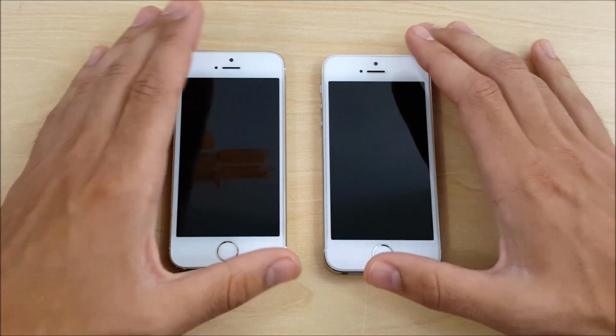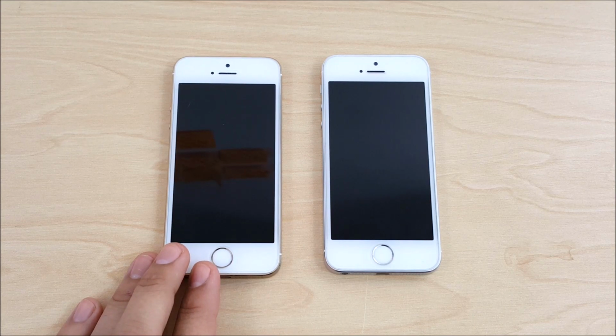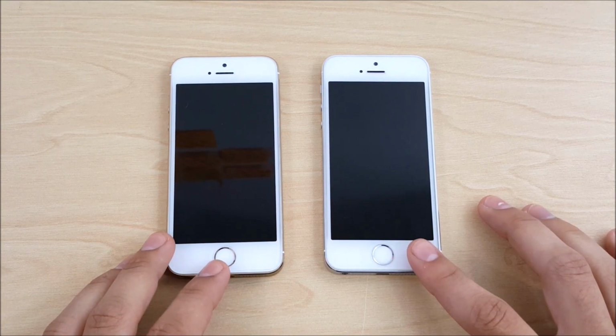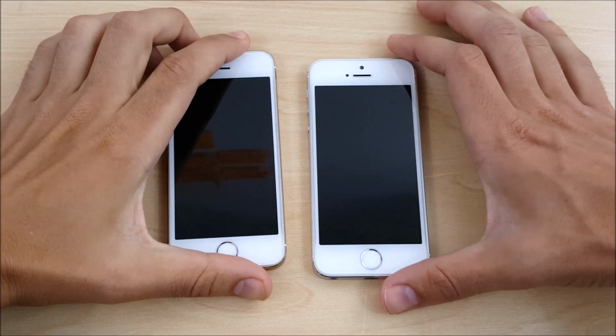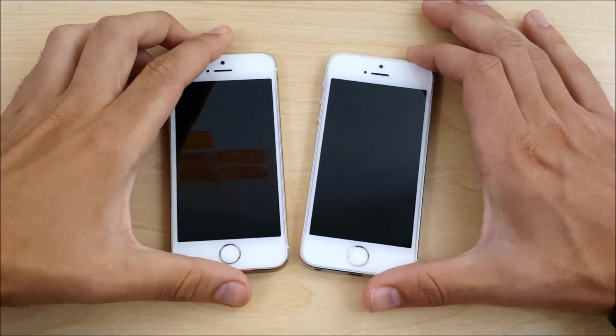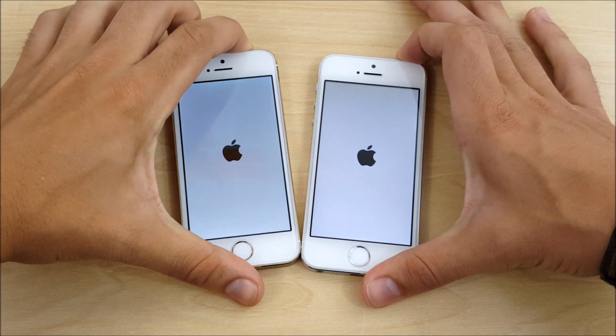So iOS 9.3.3 brings some bug fixes to the table and some performance fixes. And a lot of people are reluctant to update to the latest versions until they can see through video what improvements there really are. And that's what I hope this video does today, is show you if it's going to be worth it to update. So let me power both of these guys on and see which